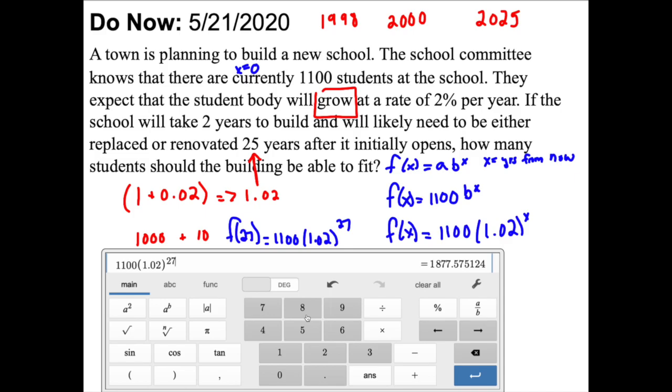We have 1,100 times 1.02 to the 27, that's going to be giving us 1,878 students. So realistically, if you had a building that could fit 1,900 students, then you could say, look, we